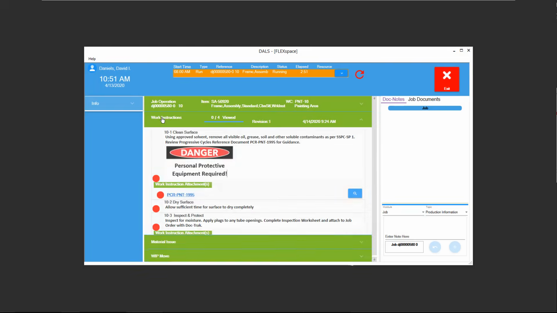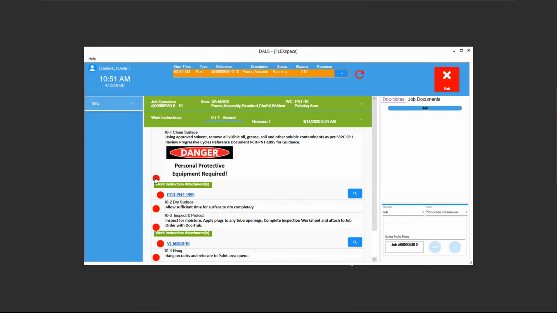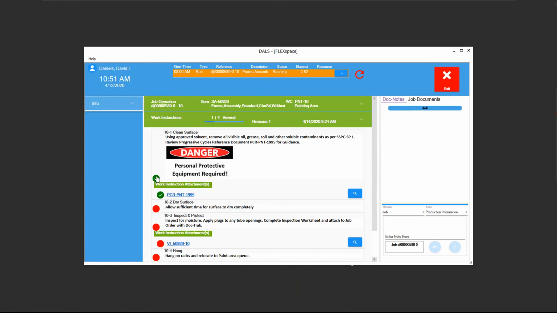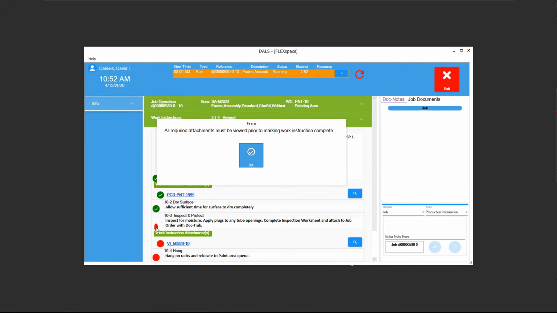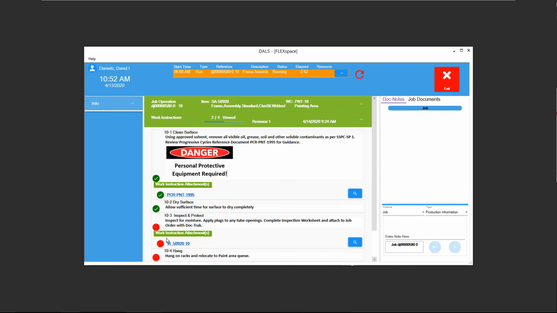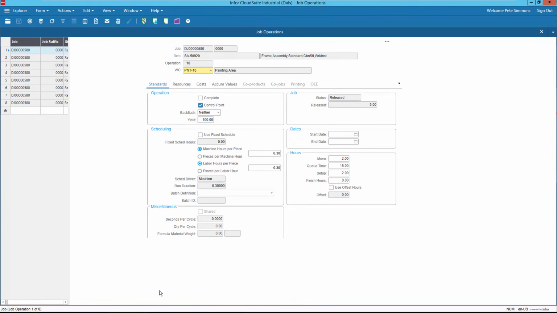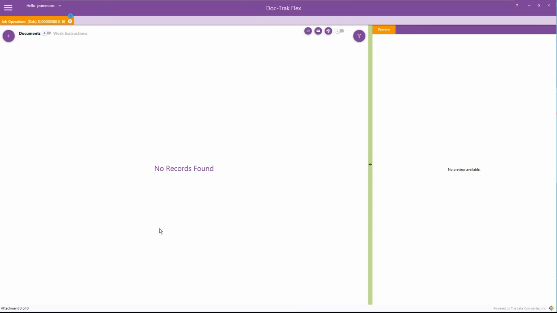With ShopTrack FlexSpace, users check off each work instruction step as they perform it. And each check is documented. If you'd like to see that activity, select the job operation in Cloud Suite and open DocTrack Flex.